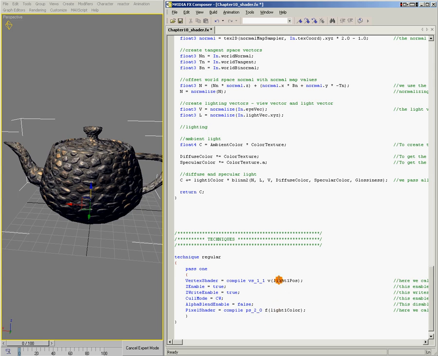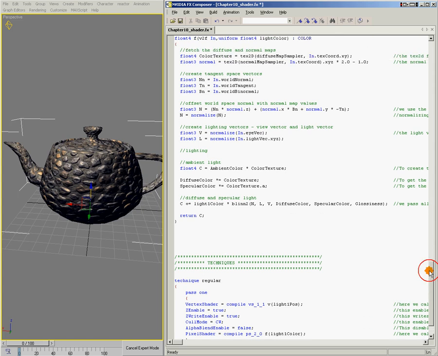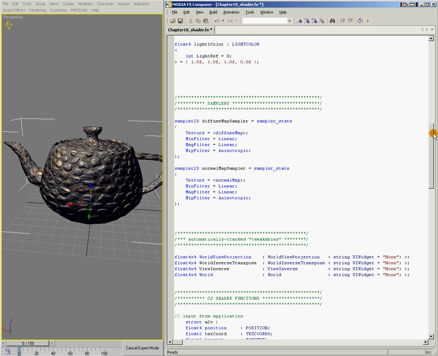And we're passing in light 1 position, the position of light 1, to our vertex shader. And we're passing in light 1 color, the color of light 1, to our pixel shader. What if I wanted to create a version of the shader that used a different light? Let's do it. First, I need to go up here to the top of the shader and find the spot